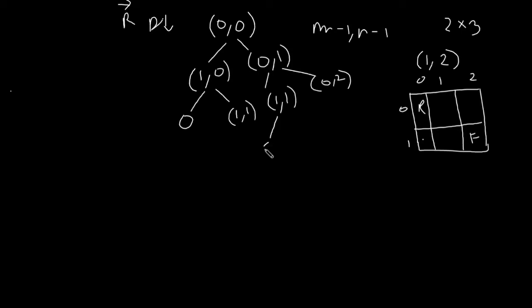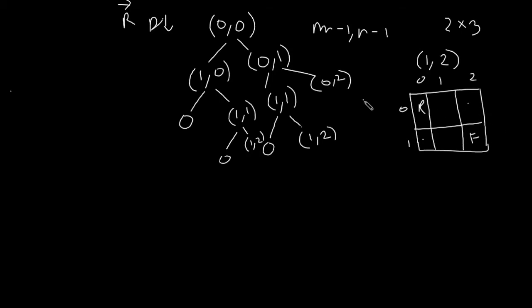So again we need to return 0 for this cell, and for this cell we will be going to 1 comma 2, right? For this, we are going to do a similar thing: this will be 0 and this will be 1 comma 2, right? Okay, and now at the cell 0 comma 2, at this position, right?